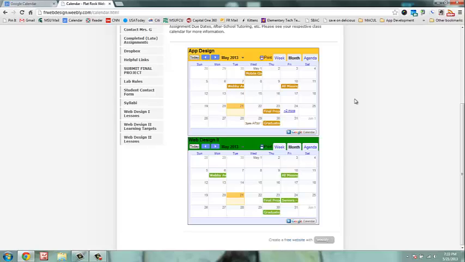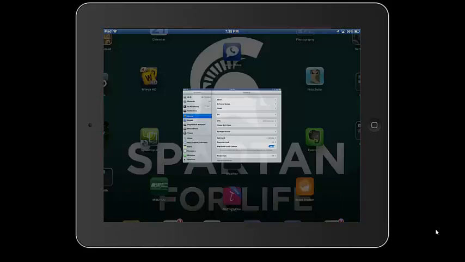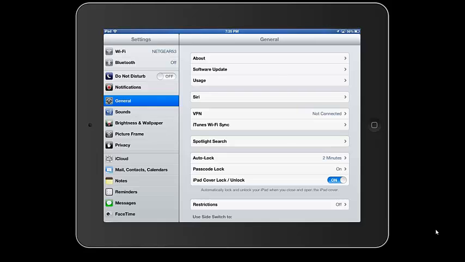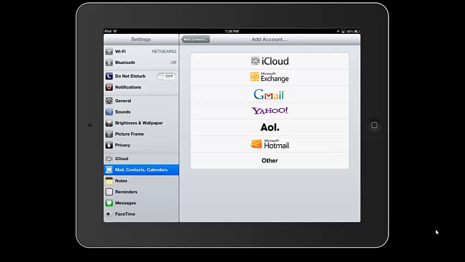Alright, so I want to show you how you can set up your calendar on your iPad. Here you can see is my iPad. All I have to do is click settings up here in the corner. Well, mine's in the corner, yours may be somewhere else. Right now I'm on the general tab, but I want to go to mail, contacts, and calendars. Now, I don't have a Google account set up except for my contacts. I deleted the one I had, and I wanted to show you how to add an account, in particular your Gmail account, and this will add also your email. So if we click add account, and then we click Gmail,